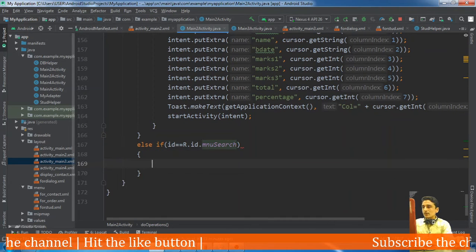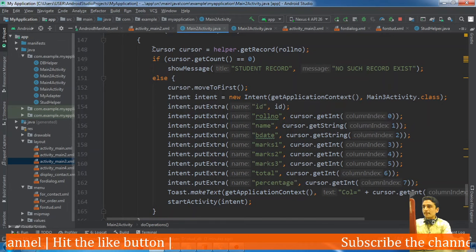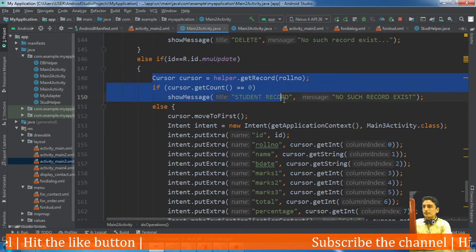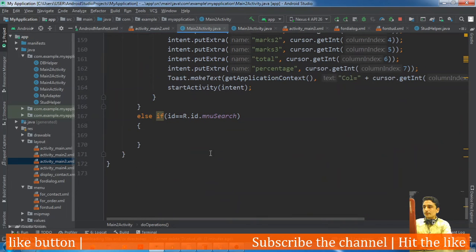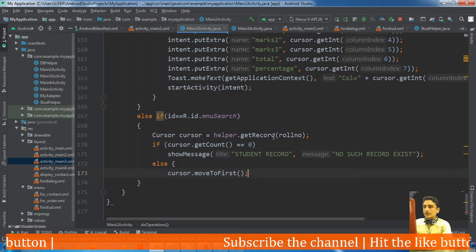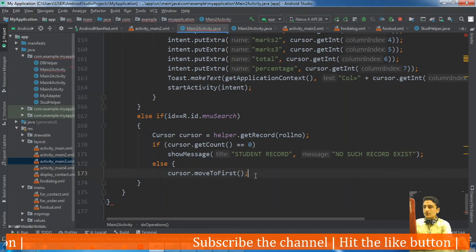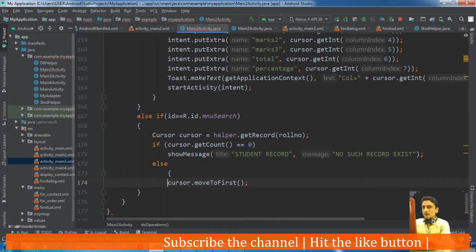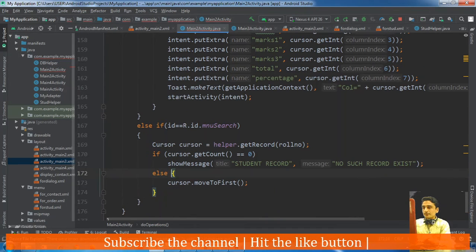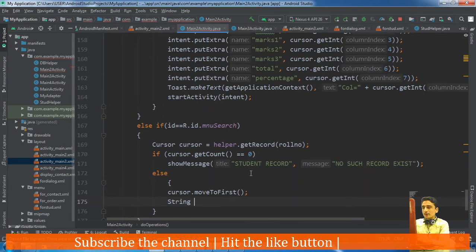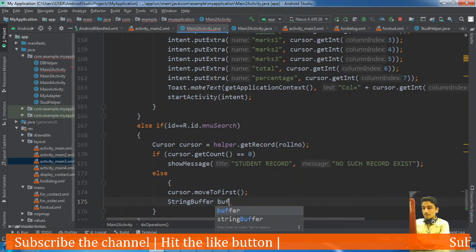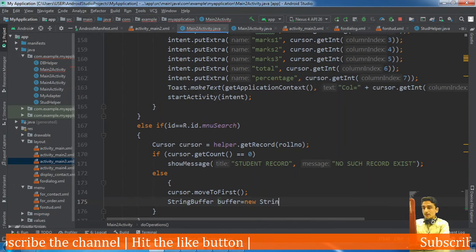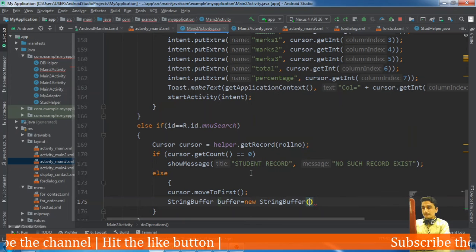Okay, very simple thing. We will do this thing, cursor dot helper dot get record roll number count equal to 0, no such record, else cursor dot move to first, and we will prepare a string buffer is equal to new string buffer.